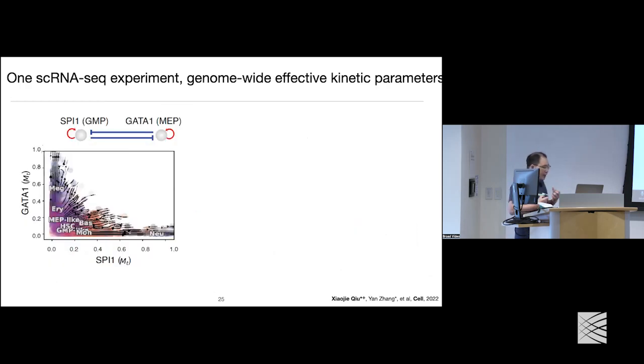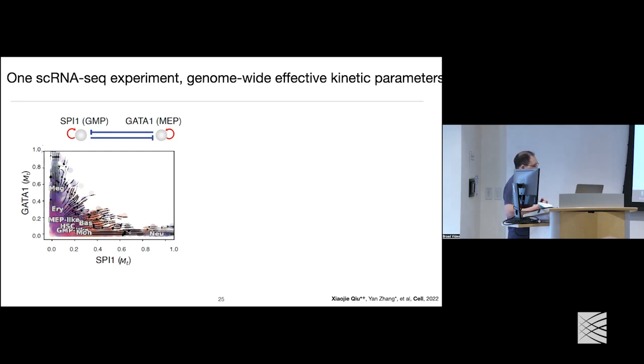And then another very cool thing about Dynamo is that you can potentially get an effective genome-wide kinetic experiment from one single cell experiment. Here again, I'm going to use SPI1 and GATA1 as an example, but this kind of analysis can be applied to any other gene and any other system, so it's really general. Let's first look at the streamline plot for these two genes, SPI1 and GATA1, and you can see that there is a very nice bifurcation between them. High expression of SPI1 leads to monocyte and neutrophil cells, whereas high expression of GATA1 moves towards megakaryocyte,